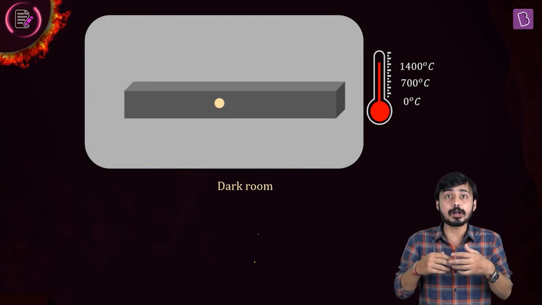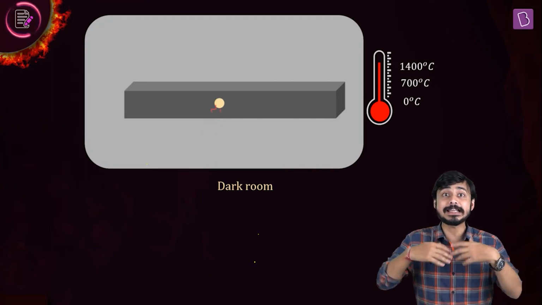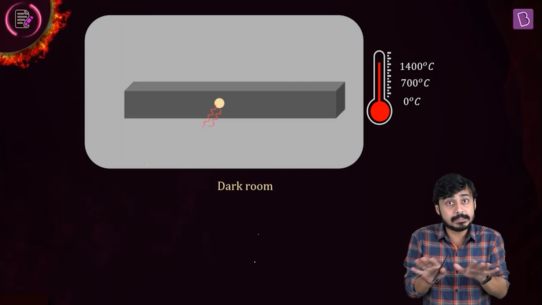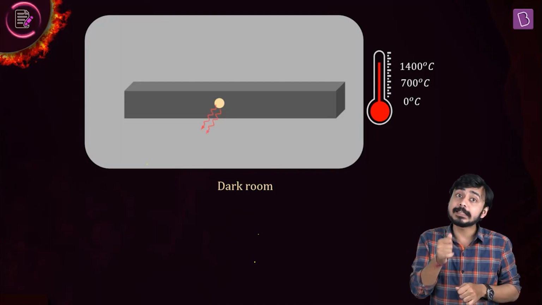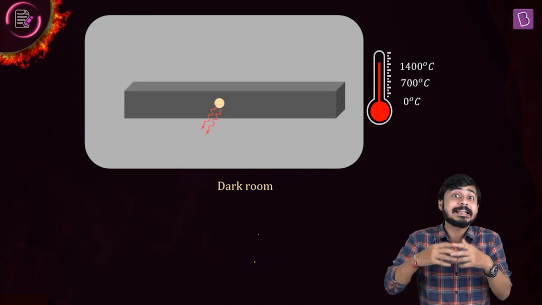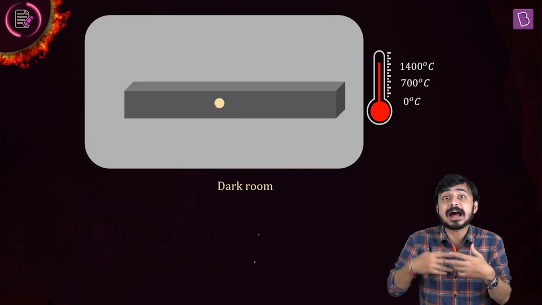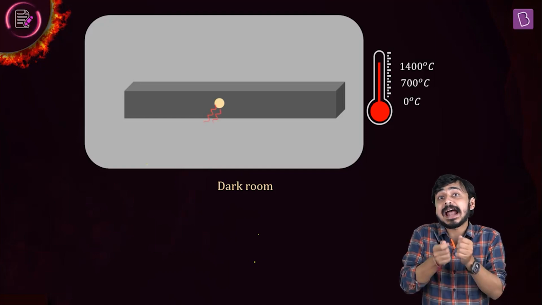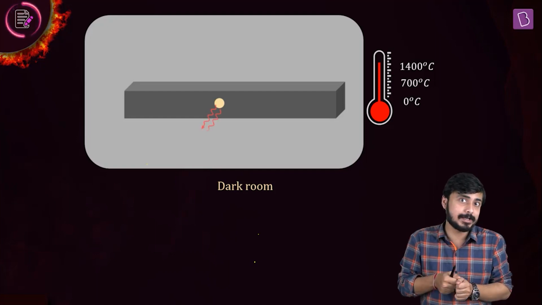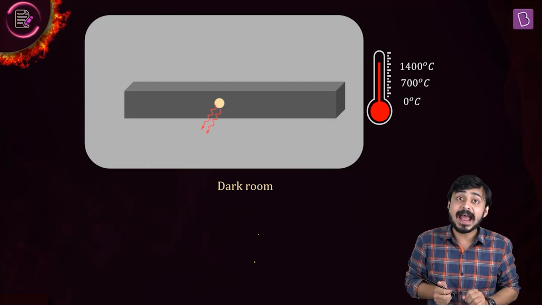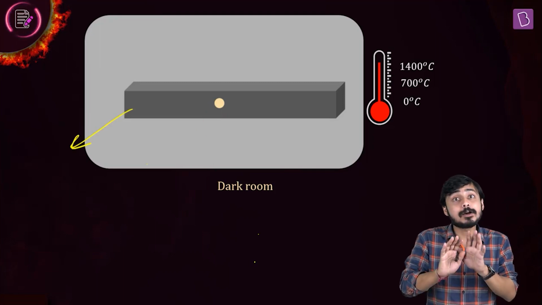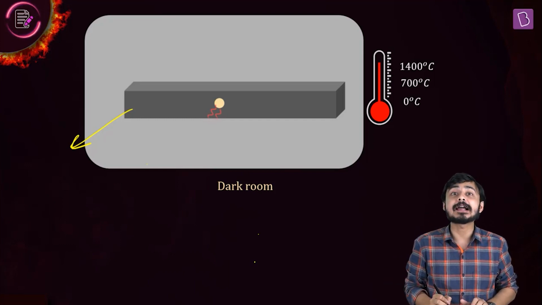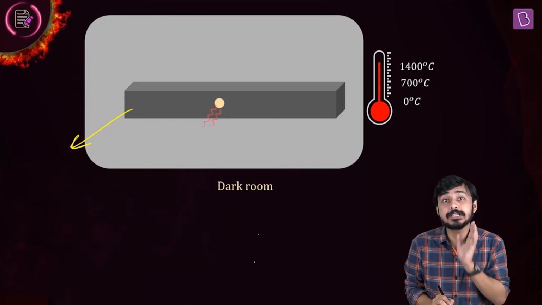will be the color appearing due to the radiation which is getting emitted by the body itself, right? No reflected part of radiation is there in the dark room. So the color we observe in the dark room is because of the radiated part, or the emitted part of radiation, right? And since the plate was a bad absorber, it will be a bad emitter at higher temperatures. So if it is a bad emitter, it emits almost zero radiation. It was white initially, now it will be black at higher temperatures because it emits almost zero radiation.